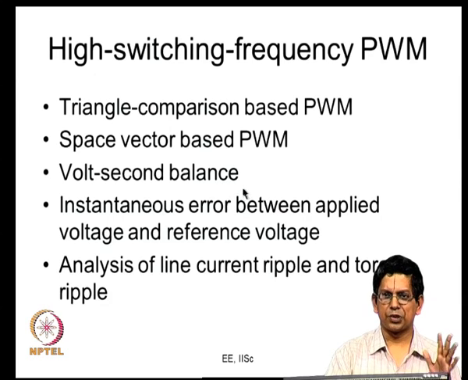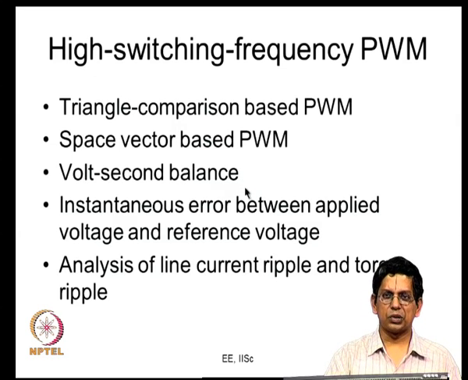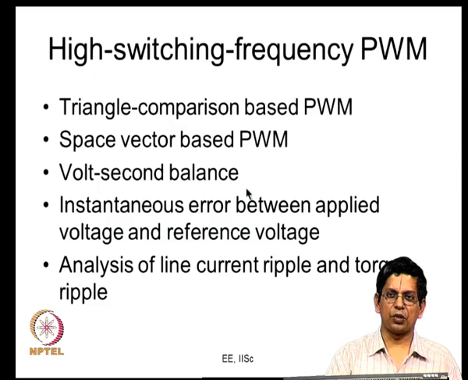which is called sub cycle. A sub cycle could be, if your fundamental cycle is 50 hertz, as low as 100 microsecond or 50 microsecond, depending on your switching frequency, how high you are switching. There are some ranges, like 15 to 20 times the fundamental or so, where you can have significant pulsating torque, and that is where these kind of exercises can help you reduce the pulsating torque. So, with this volt second balance, what is the problem?